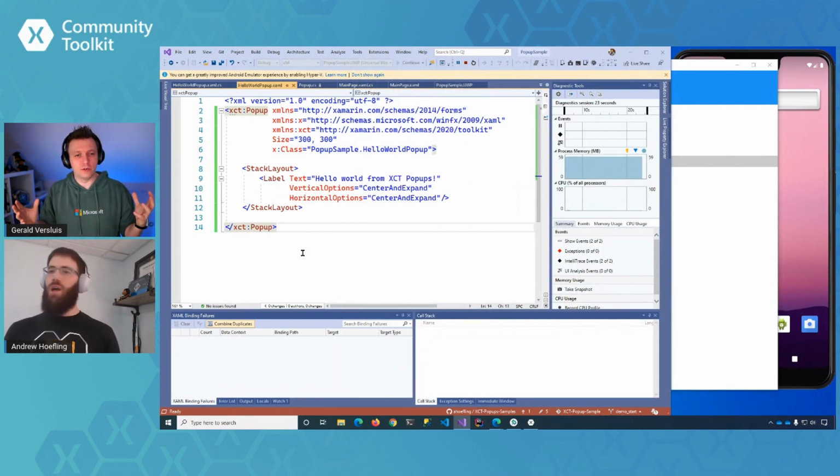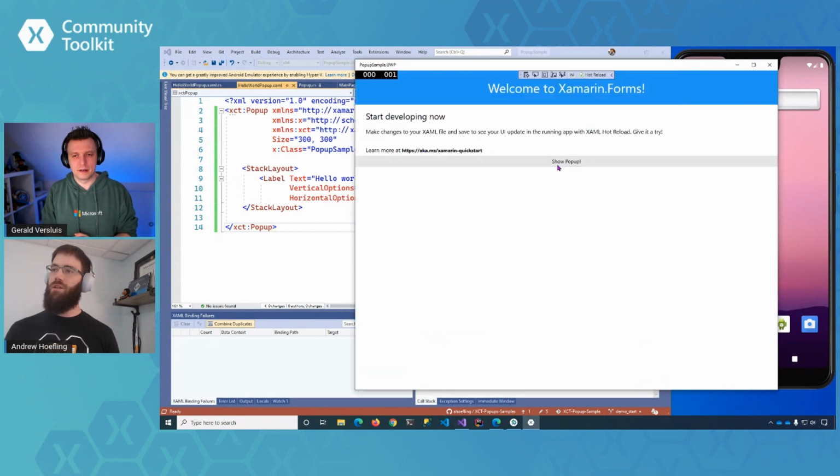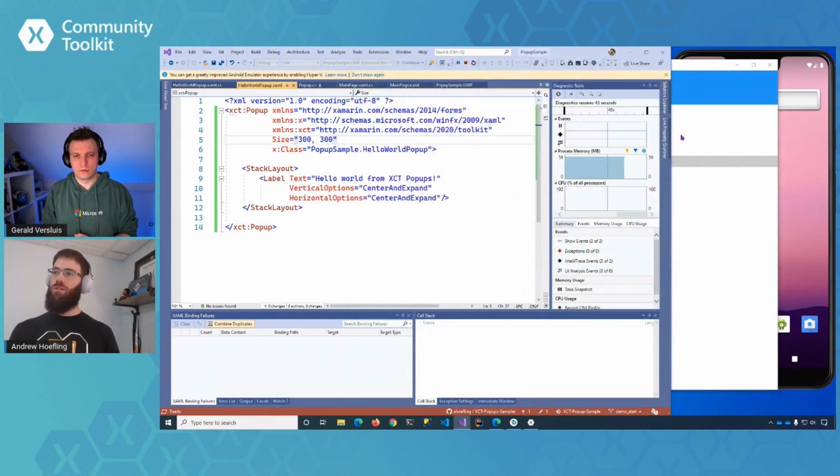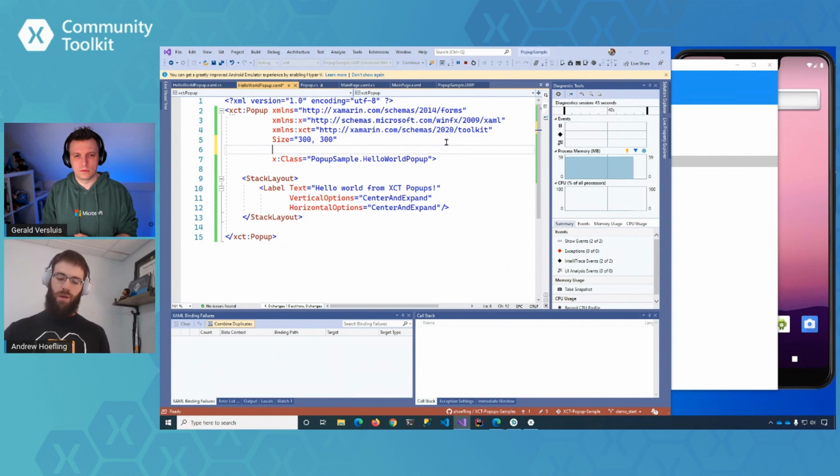What else, Andrew? Yeah. So for our getting started talk here, I wanted to show a little bit about positioning these pop-ups. So if we look back at UWP, it's nice that we have a pop-up in the middle of the screen. That's usually where you want to put them, but maybe you want to throw it down here on the left, down here on the right, and move it all around. I can come over here to our actual pop-up, and I could specify our vertical options.